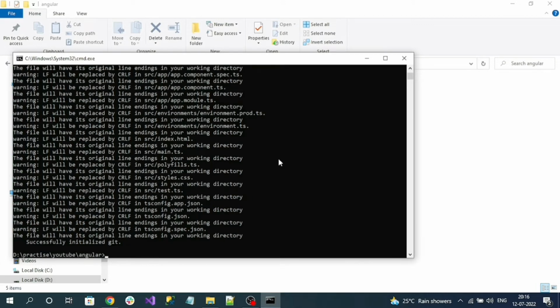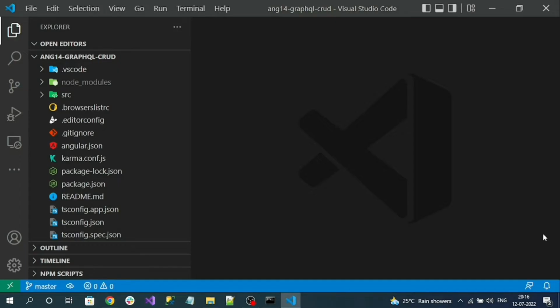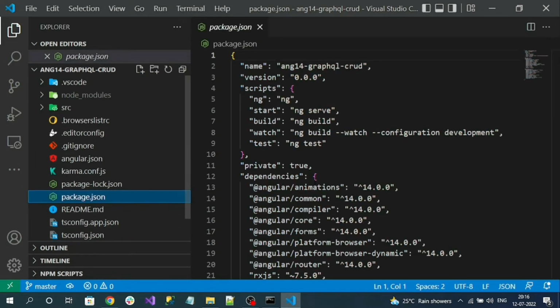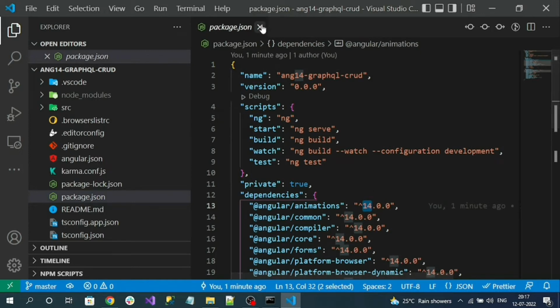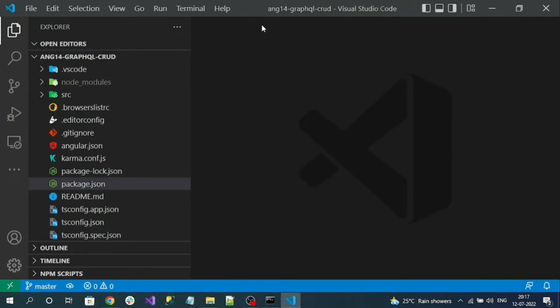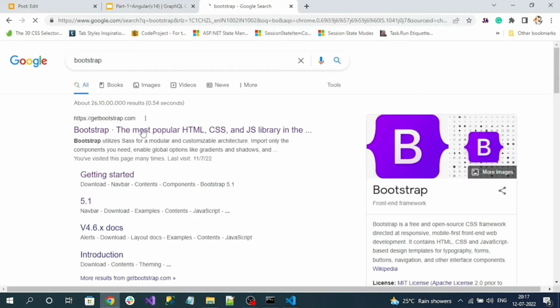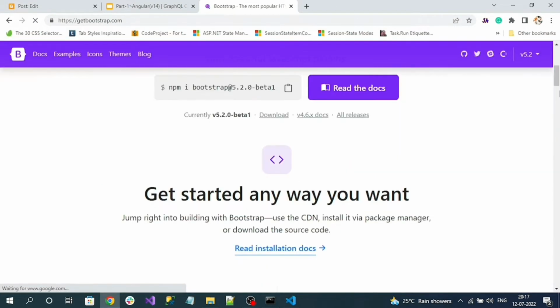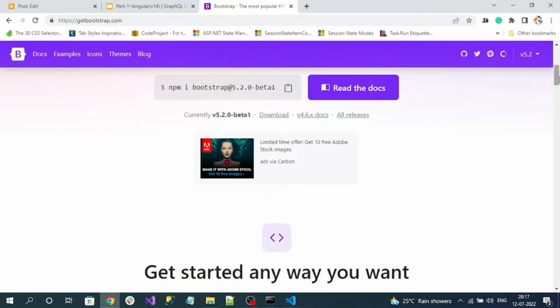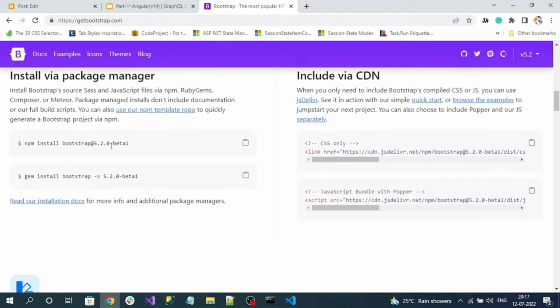Our Angular project is created successfully. Let me open the project in the Visual Studio Code editor. Here is my project, and if you go to package.json, you can observe the version of our Angular, which is 14. Now I am going to install Bootstrap into my application. Go to bootstrap.com, and if you scroll down on the home page, you can see the latest version, that is 5.2.0 beta. Copy that command